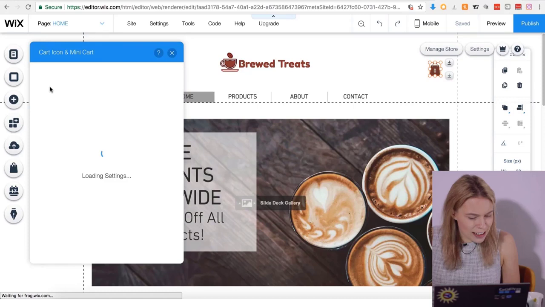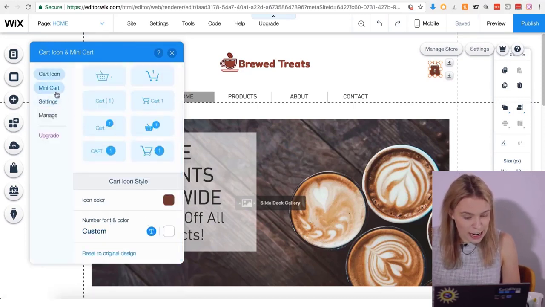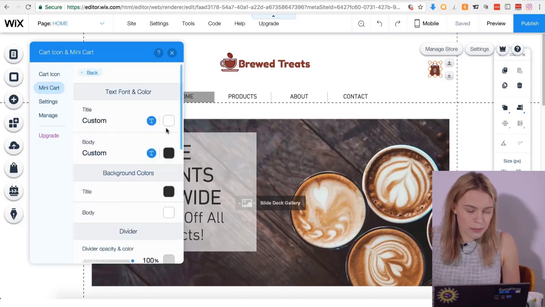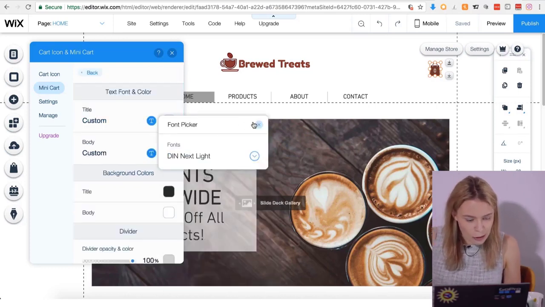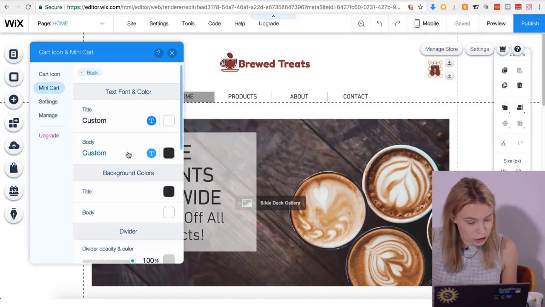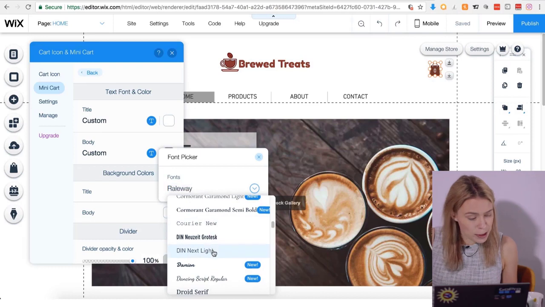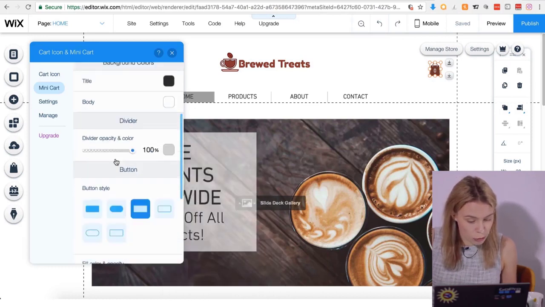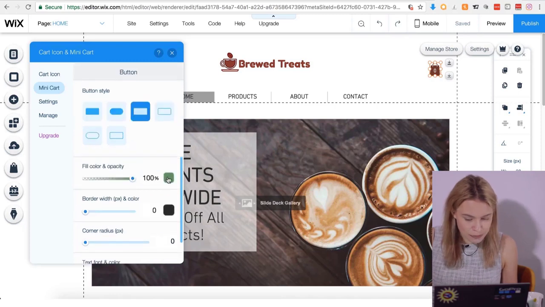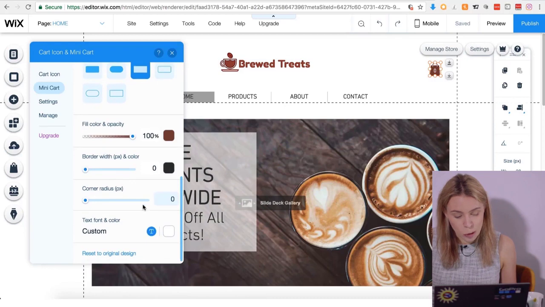So we've already edited the cart icon design in the previous step, so I just click mini cart button. So the mini cart is a little sliding overlay that comes across the screen when someone adds an item to their cart, like showing the customer what items have added already to it. So what I'm going to be doing is I'm going to be updating the design of it to be consistent with the store's branding. Going to be adding in splashes of colour and also updating all the text to be